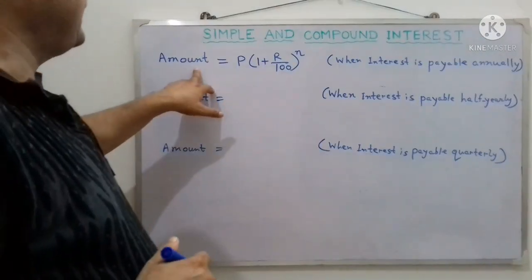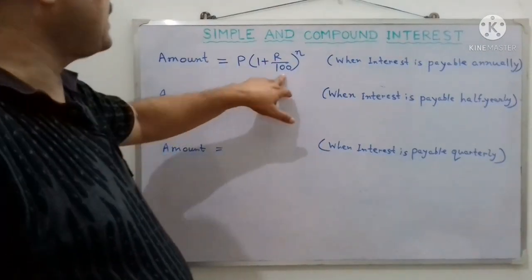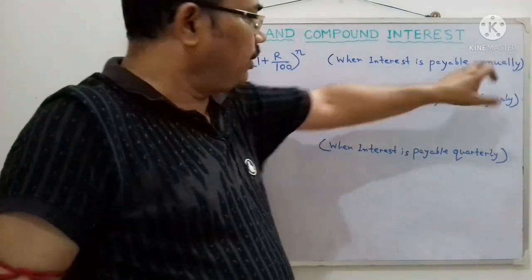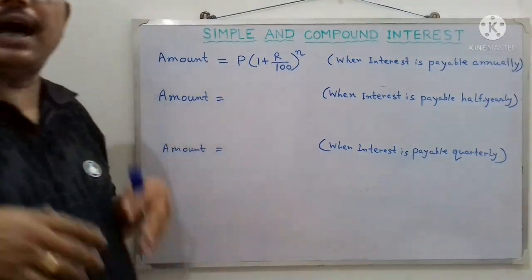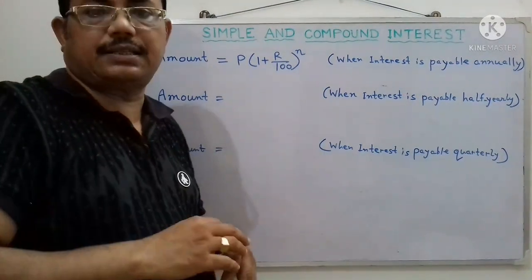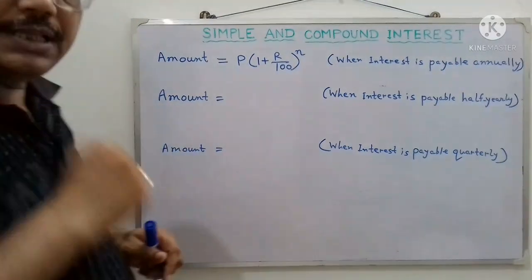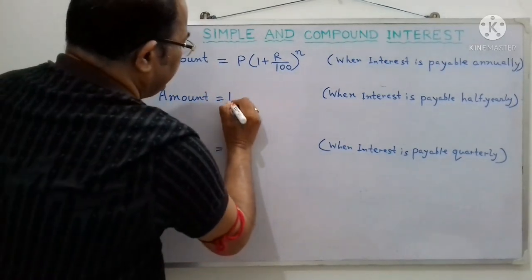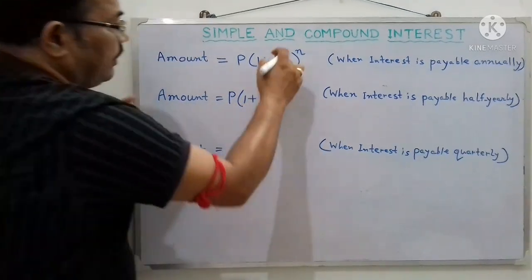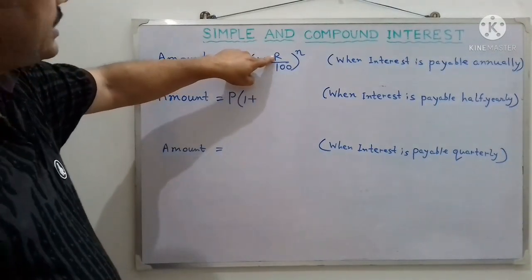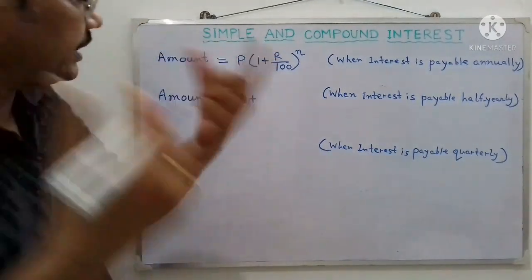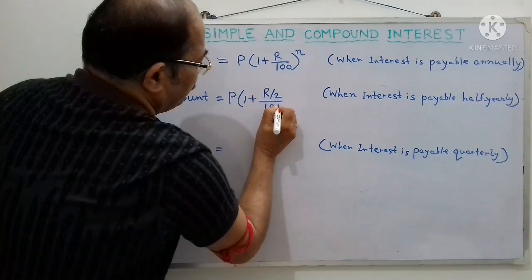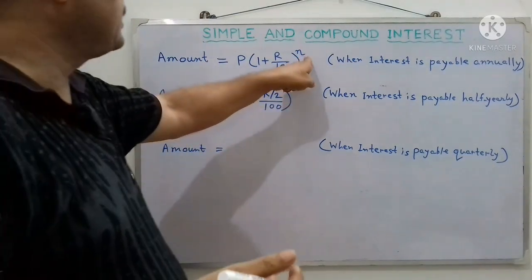We have already seen that amount equals P into 1 plus R by 100 whole to the power n when interest is payable annually. But suppose interest is payable half yearly, that means after 6 months the interest is added to the principal, then what will be the amount? Then the amount will be P into 1 plus, now if the interest after 1 year is R, then after 6 months it must be R by 2,